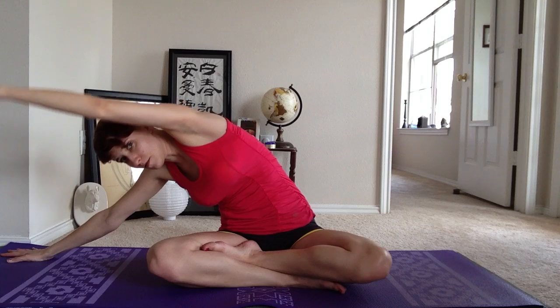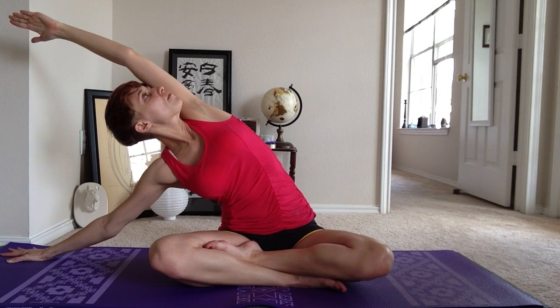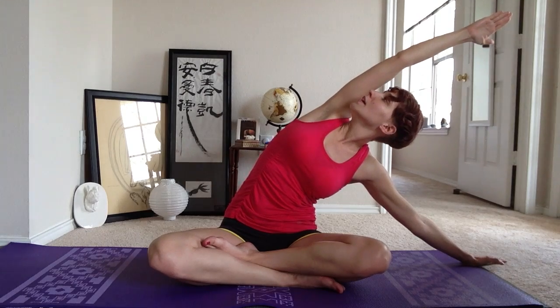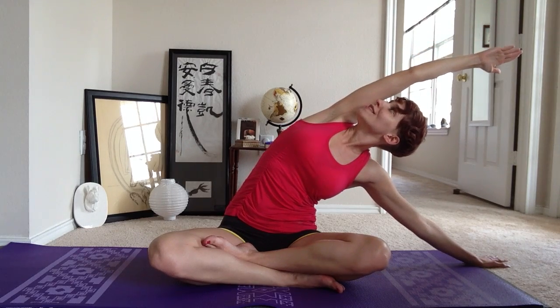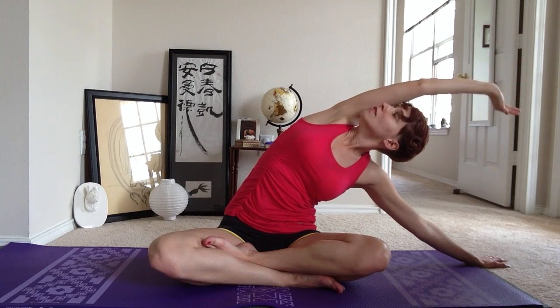Extend your right arm up, stretch through the side, push your left arm away, and just stretch through the whole side of your body. Making sure to keep your chest open, don't fall forward. Just keeping your shoulders aligned, maybe looking up toward the sky. Bring your arm down, bring yourself back up, and we'll do the other side. So extend your left arm straight up, stretching through the side, and then leaning over. Keeping your chest open. You can look up at the sky to get a twist in your side. Come back up,